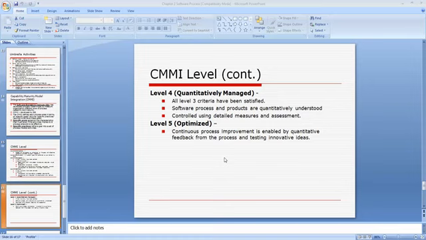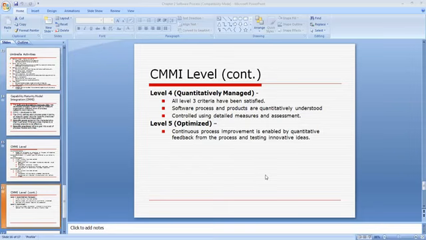Okay, then after satisfying level 4, the last level comes, that is called level 5, also called the optimized level. Now continuous process improvement is enabled by quantitative feedback from the process and testing innovative